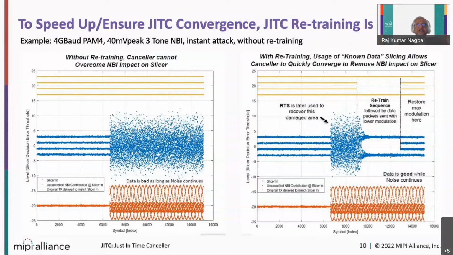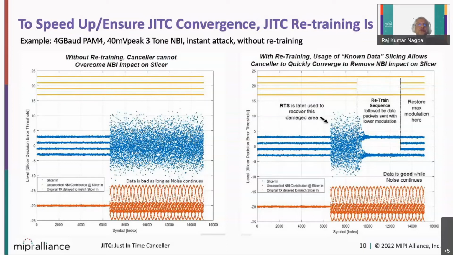If you need only retransmission, or if you need retransmission plus just-in-time cancellation, which will basically be a specific training pattern coming to the receiver, and the receiver DSP block will be using this with an LMS algorithm to detect the spectral response of the noise, and will really be ensuring the adaptive filters adapt to reject this EMC noise aggressor, and then you revert back from PAM2 to PAM4.